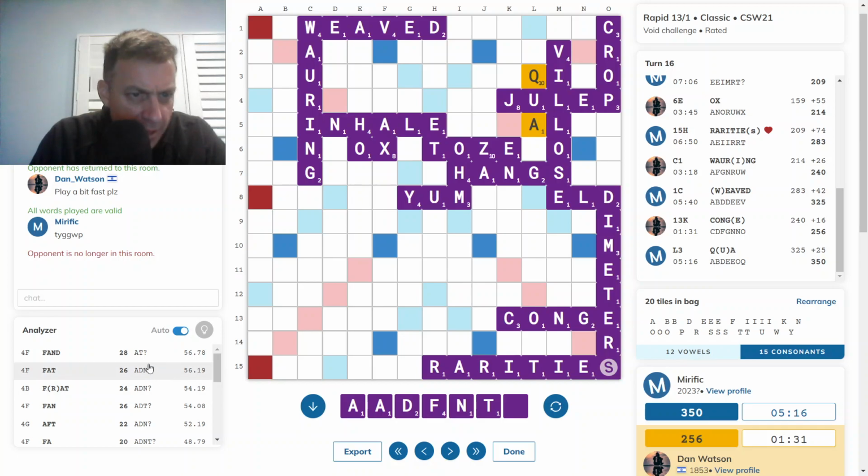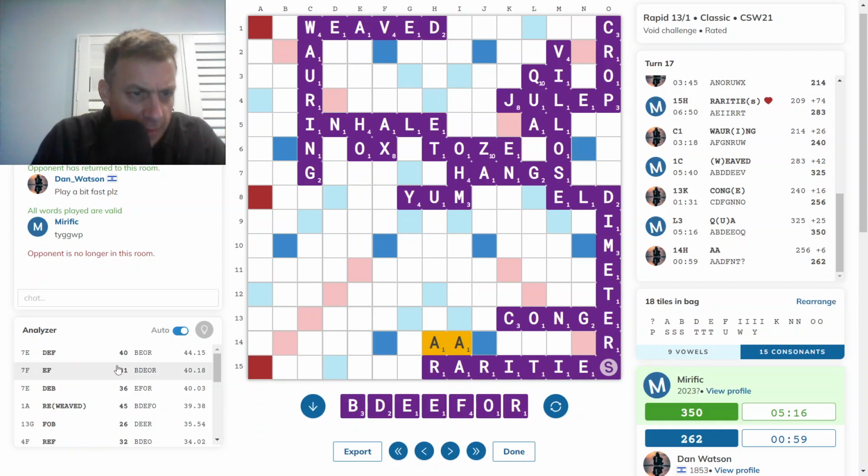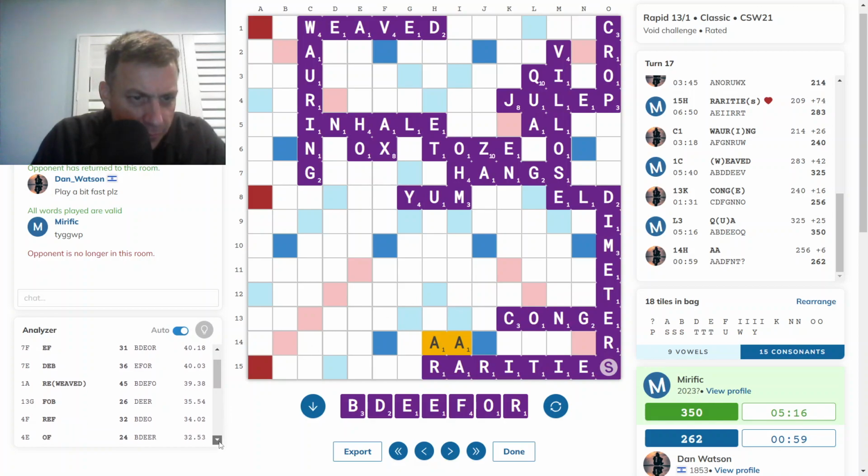And then Fanned for 28 at 4F. Okay, again utilizing that axe hook. Fanned was good, no bingo available. And then I thought there might be something here, but I couldn't see it, and there wasn't. Def again. No, that's 7E. Oh, there. That was the other hot spot, either side of the X. So I went with